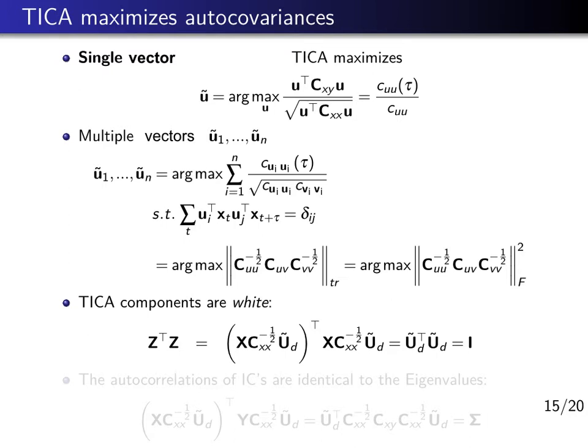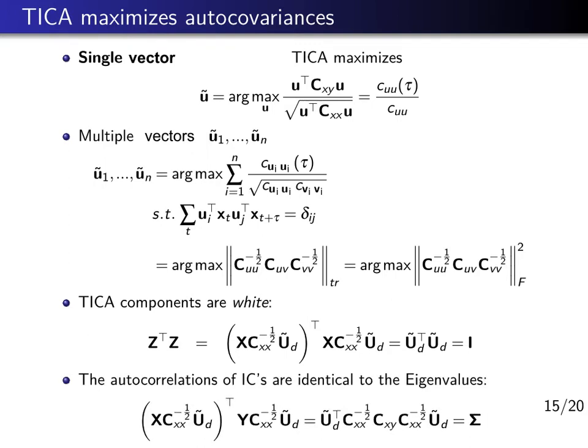resulting from TICA. And because u tilde was an orthogonal matrix, importantly u tilde is, u is not, but u tilde is an orthogonal matrix, u tilde transposed u tilde is identity, and that means the TICA components are white. The autocorrelation, the covariance matrix between TICA components is an identity matrix, so they are already whitened. Okay, so this was the instantaneous correlation or covariance matrix of the